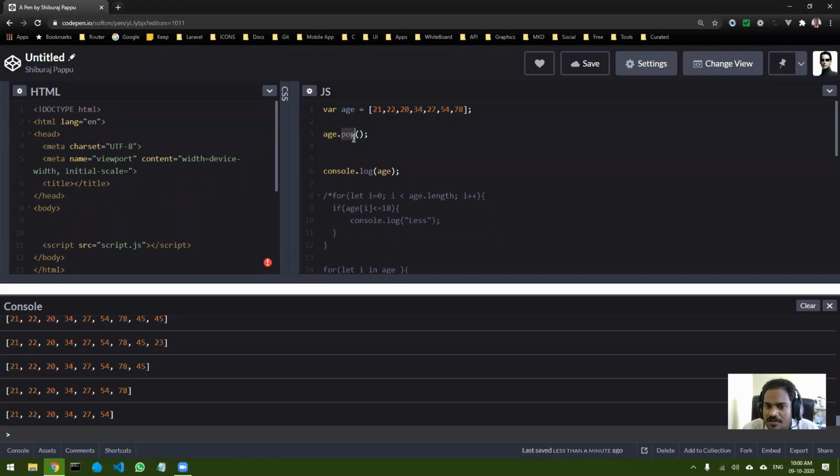Whenever you want to convert your array to a string, you use this function, that is join.